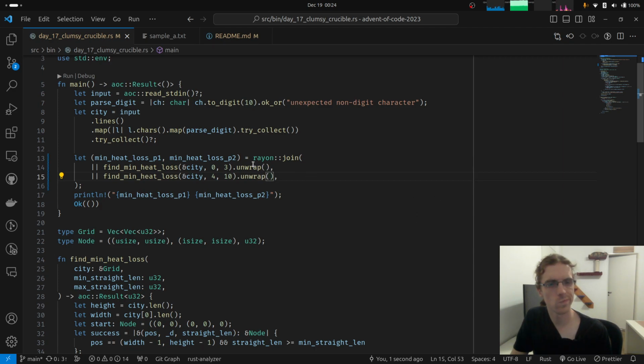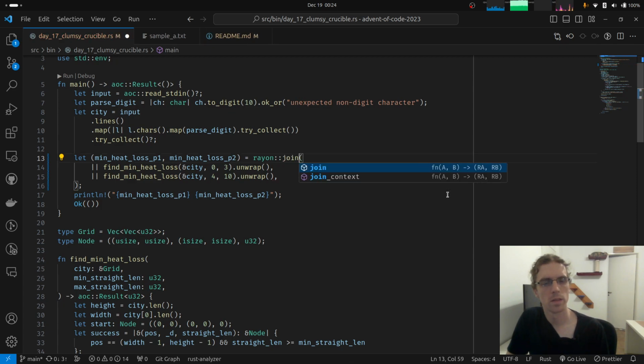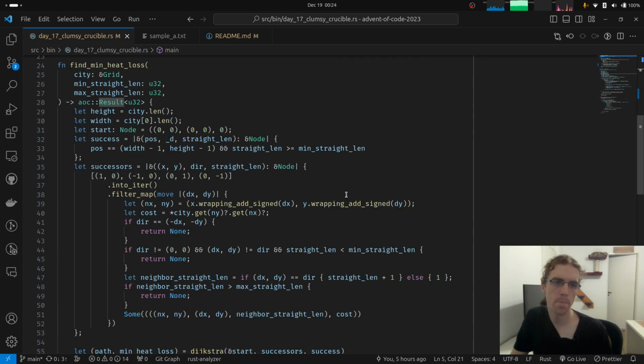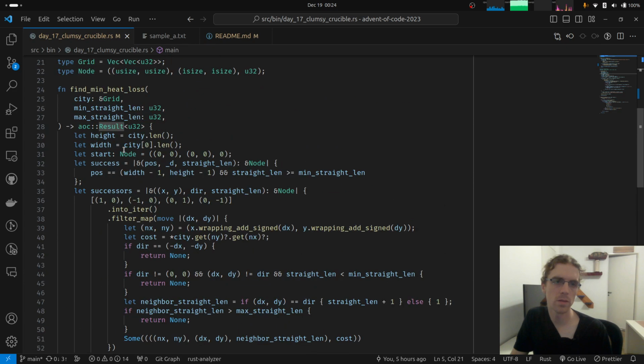And do you have some sort of try join? Like, okay, these things cannot move between threads, and that's what Rayon needs them to do. We can probably make our AOC results not do that. Although this doesn't need to be a result, right?